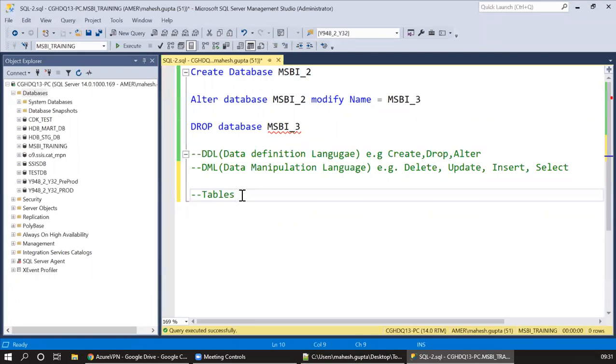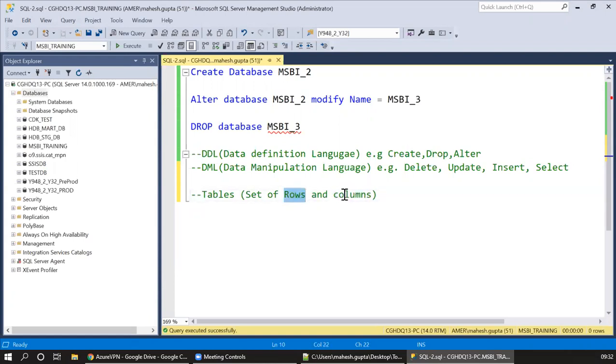A table, in layman's terms, is nothing but a set of rows and columns. Rows are the actual data, and columns are the type, the definition of that data.